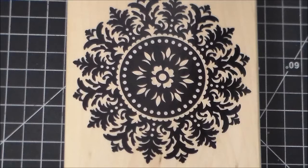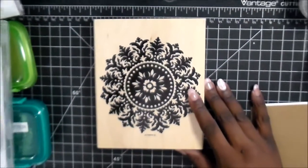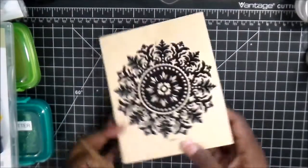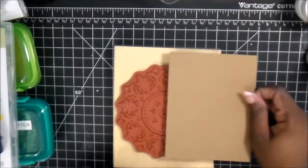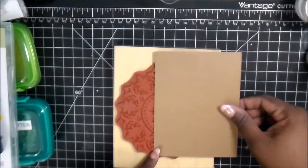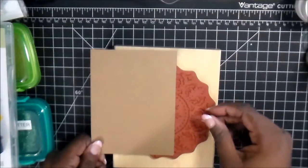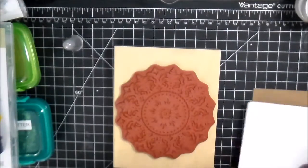So this is going to be our first card in our holiday series, and that's for 2016. What I'm doing is starting with this large medallion stamp, and I'm just trying to figure out exactly where I want to place it on the card front. And I'm going to do two different